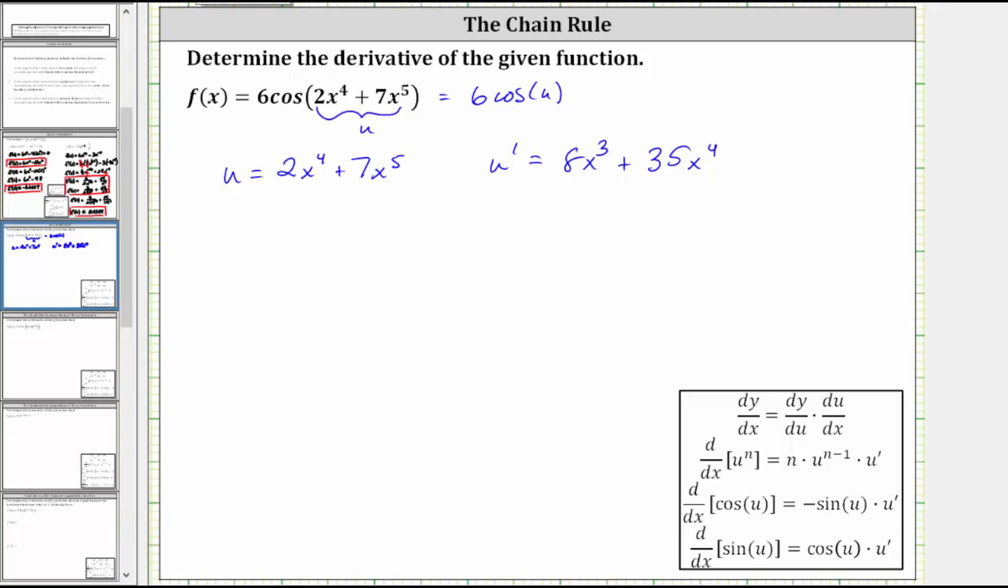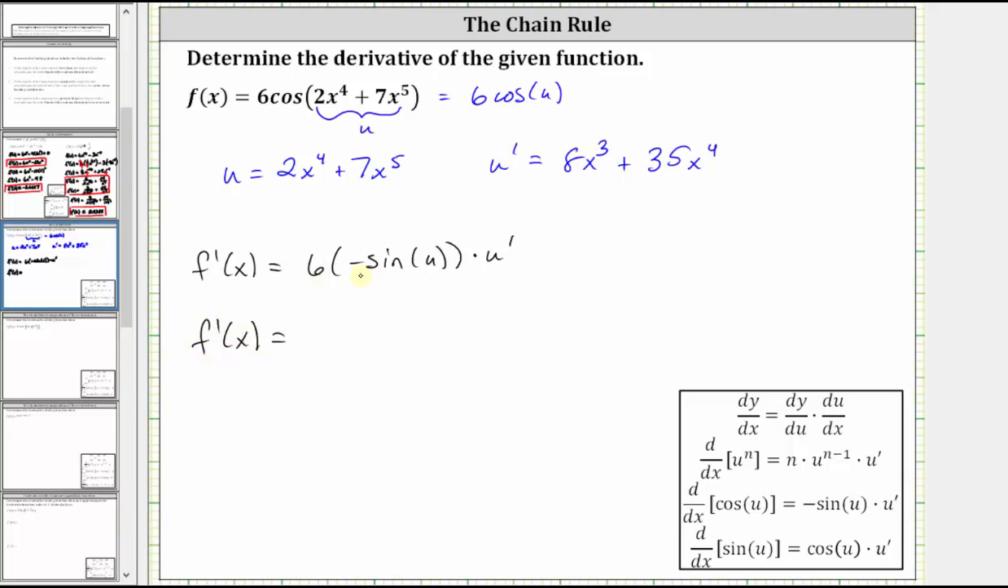And now we have all the information we need in order to find f prime of x. F prime of x is equal to the derivative of cosine u with respect to x, which is equal to 6 times negative sine u times u prime, where u is equal to the inner function of 2x to the fourth plus 7x to the fifth, and u prime is equal to 8x cubed plus 35x to the fourth, which means f prime of x